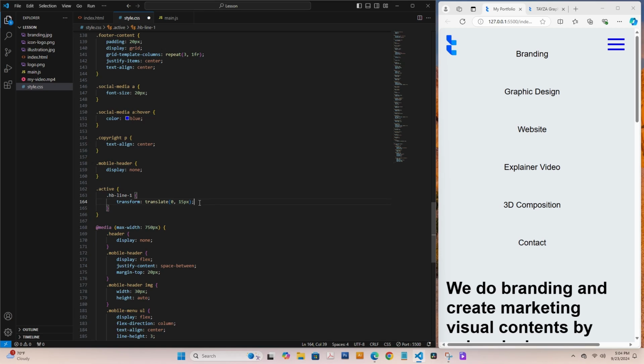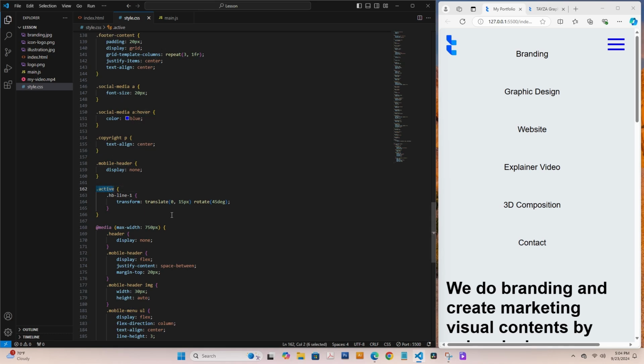So after that, we're going to rotate it. So to rotate, in CSS, you can just simply type rotate inside the parentheses. So what we have is we're going to rotate it 45 degrees. So to do that, you just type 45 degree, and to test it out, you can save and we can review it. So it is not rotating right now. Because we haven't clicked on our active,